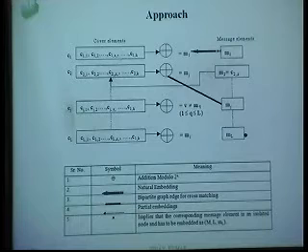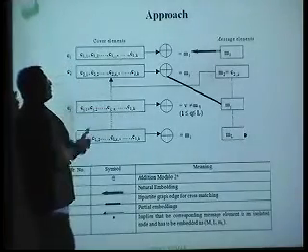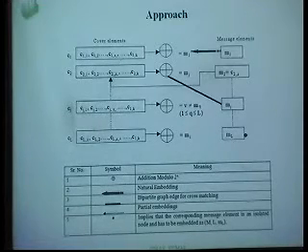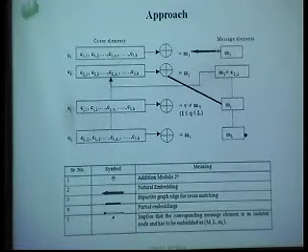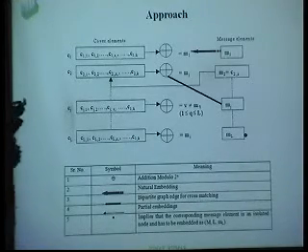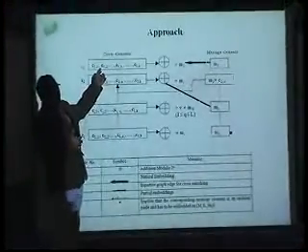This is what we call every block, the embedding factor is K, and K is nothing but equal to N divided by L, correct? L is the size of the message, N is the size of the cover. So each block means for every such unit of message, we have these many units of the cover.